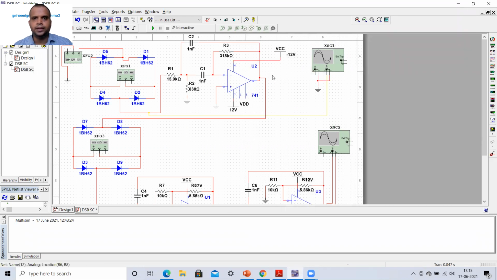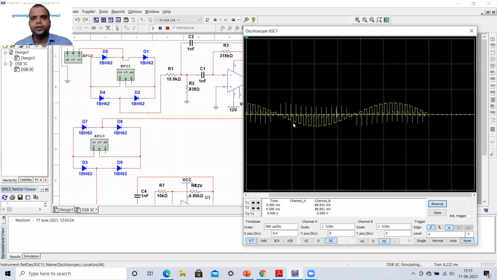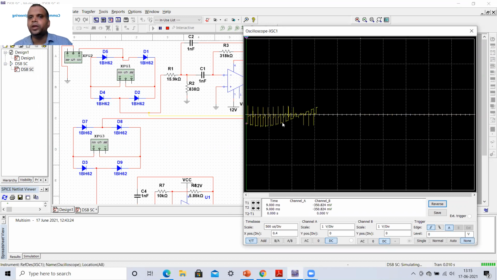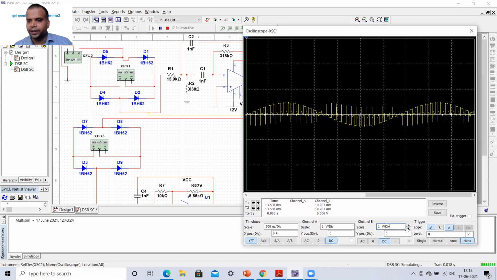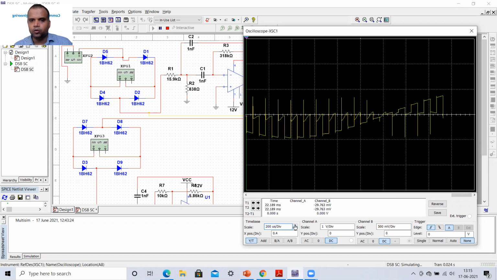Once we disconnect it, we can simulate it again. Now you can see that we get a similar output to the one given in the book. This is our message signal, and according to the message signal's amplitude, the amplitude of this periodic pulse train is altered. How this output comes about, I have already explained in my previous lecture, so please go to those lectures for more clarification. This is the type of output we are going to get.